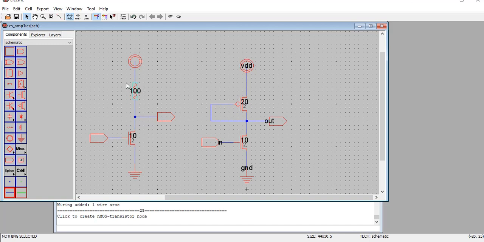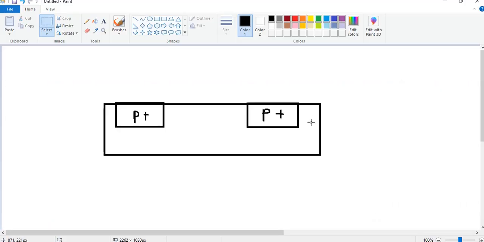Since both circuits are one and the same, the characteristics of this and of this should be the same. I'll explain that in the subsequent section, but these are the two different kinds of common source amplifier with different loads. Okay, let us try to understand what exactly this diode connected load means.